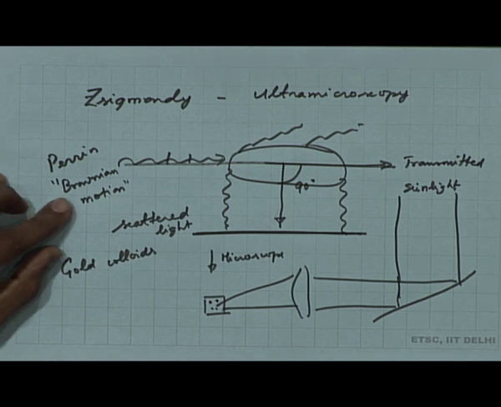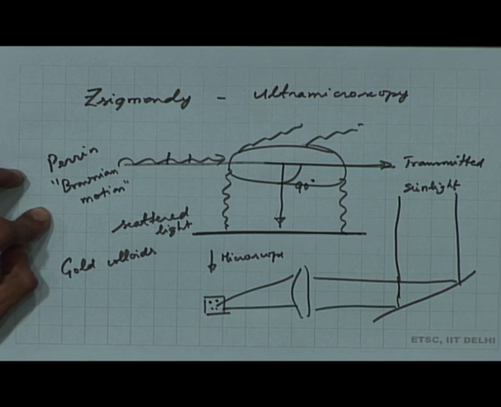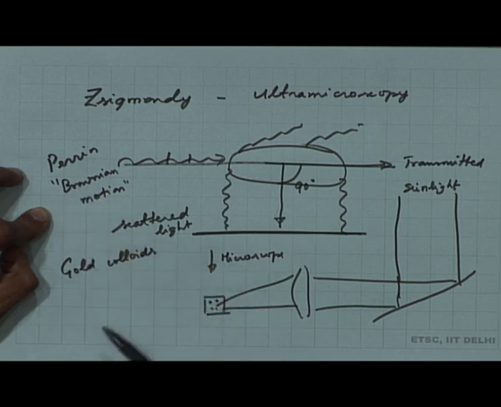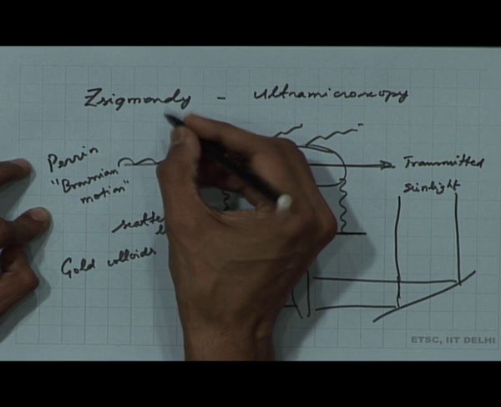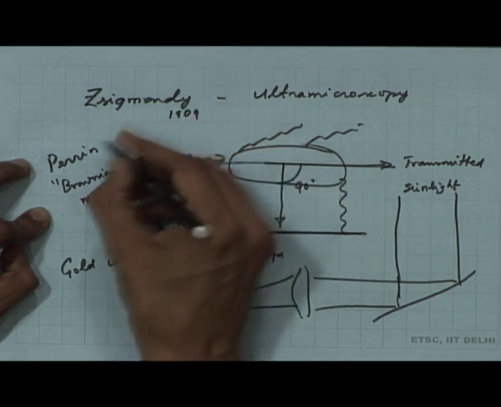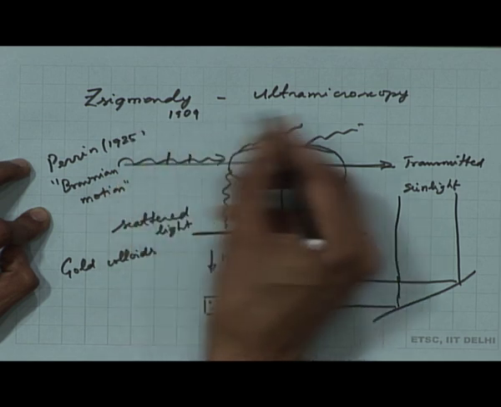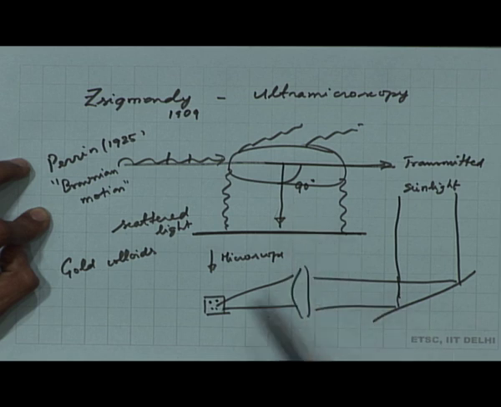So, the Brownian motion that Perrin measured was able to give us a very good estimate of Avogadro's number, and also supported the atomic hypothesis, which got Perrin the Nobel Prize. Zsigmondy also won the Nobel Prize in 1909. Perrin won the Nobel Prize in 1925 or 26. So, they were using the ultra microscope, and then Zsigmondy worked on this a lot more and improved the